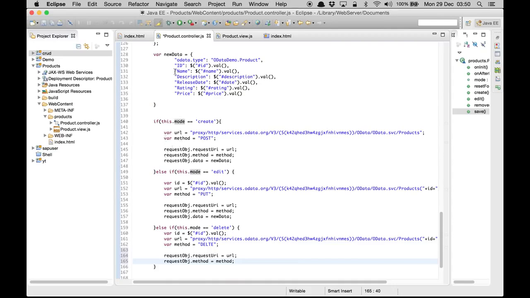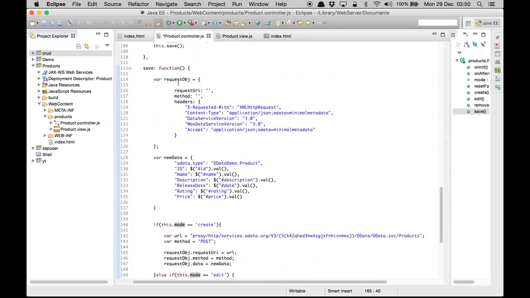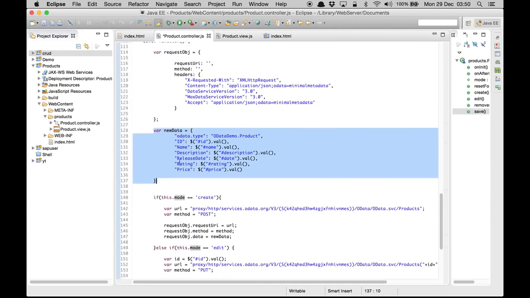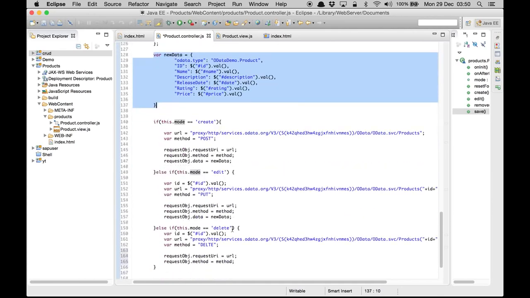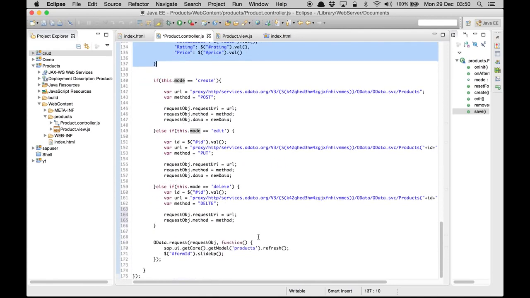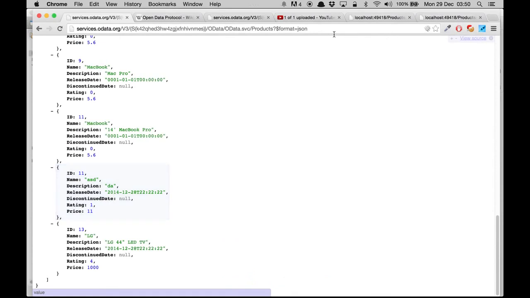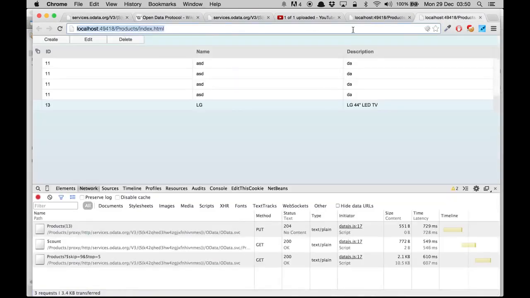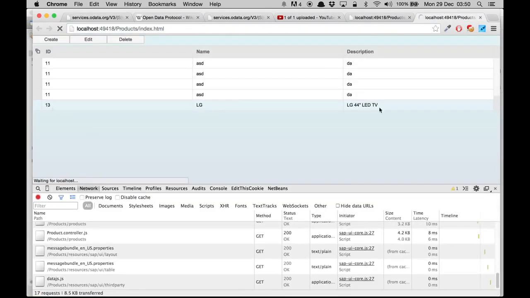So now our request object, which is this, we're going to set the URL, we're going to set the method, the headers are already there. When you delete, we don't need this. That's the reason we had written it separately, and we use it for create and edit, but for the delete we don't need that. So let's save this, and let's try to delete this data,